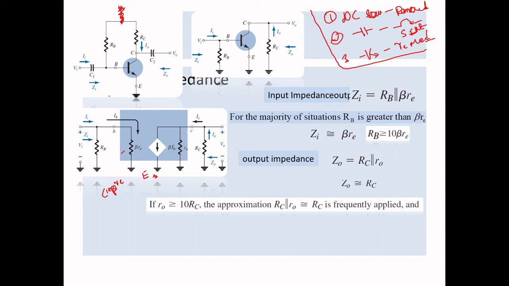So ro is a resistance in the output terminal, right? Here ro is included in the problem. If ro is given, you can consider it. If not given, you need not consider it. Here I am going to find the input impedance, the output impedance, and third, the voltage gain. Let me clarify what we are going to find. First input impedance, next output impedance, and third the voltage gain. So these three things I am going to focus on now.